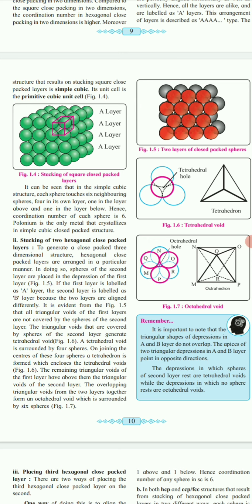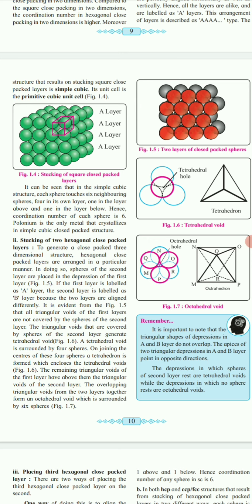The second layer is labeled as B layer. Because the two layers are aligned differently, it is evident from figure 1.5 that not all triangular voids of the first layer are covered by the spheres of the second layer. The triangular voids that are covered by spheres of the second layer